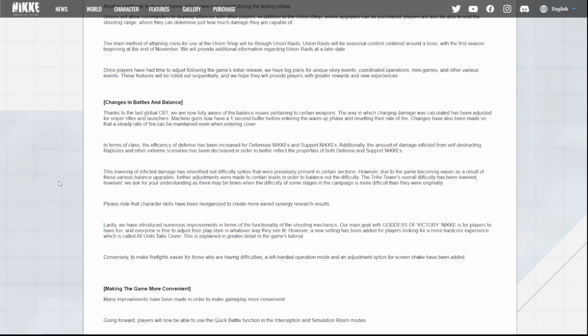The efficiency of defense has been increased for defensive Nikkes and supports Nikkes. Additionally, the amount of damage inflicted from self-destructing raptures and other extreme scenarios has been decreased in order to better reflect the properties of both the defense and supports Nikkes. So it's very clear here that they did adjust the defense and supports class here and made them much more sustainable in battle. So of course this does reflect based on the tier list, as units like Ludmilla are pretty top tier now. Now this lowering of inflicted damage has smoothed out the difficulty spikes that were previously present in